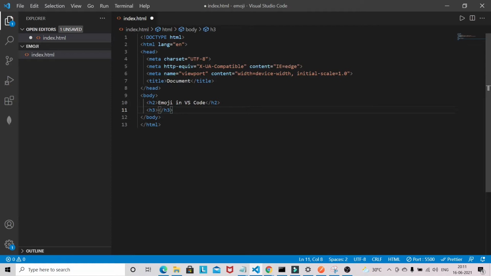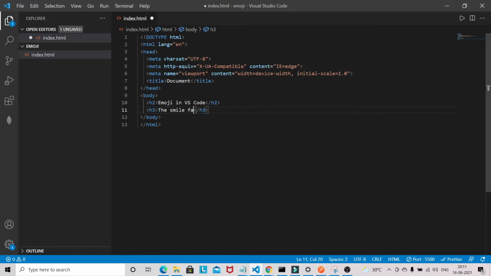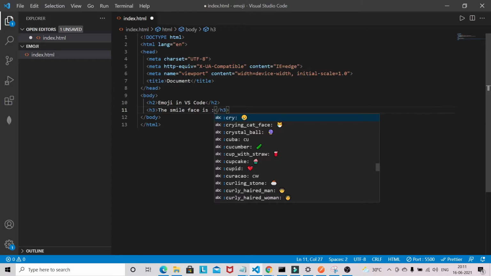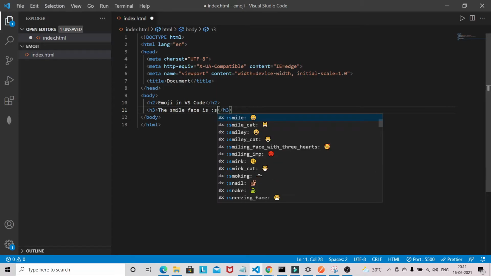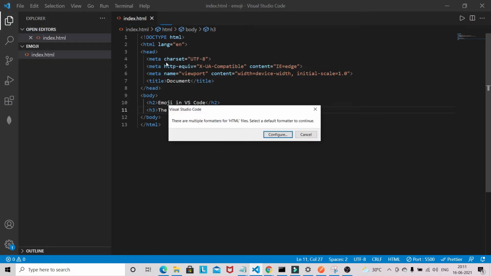So suppose you want to see the smile face, so the smile face you can give something like faces. So you have to give colon, and you have to type like smile.